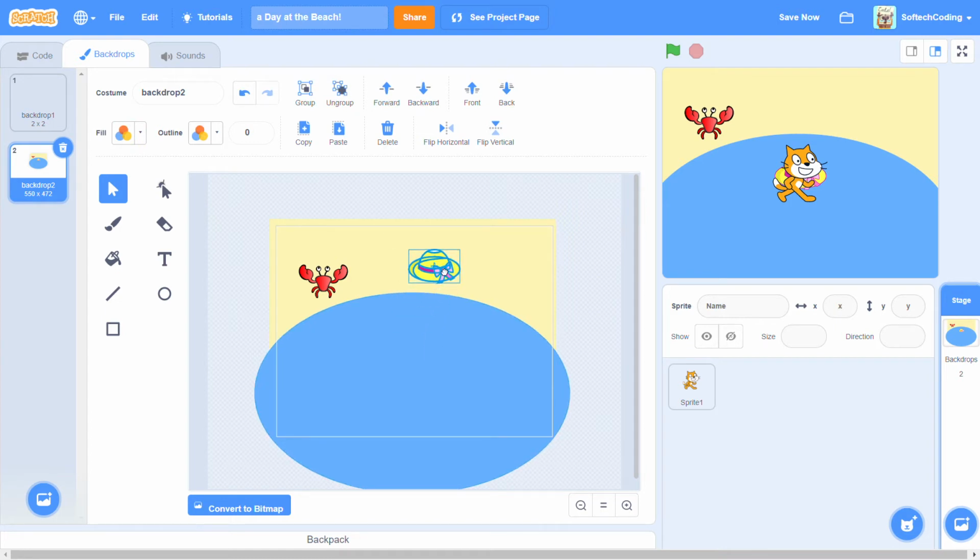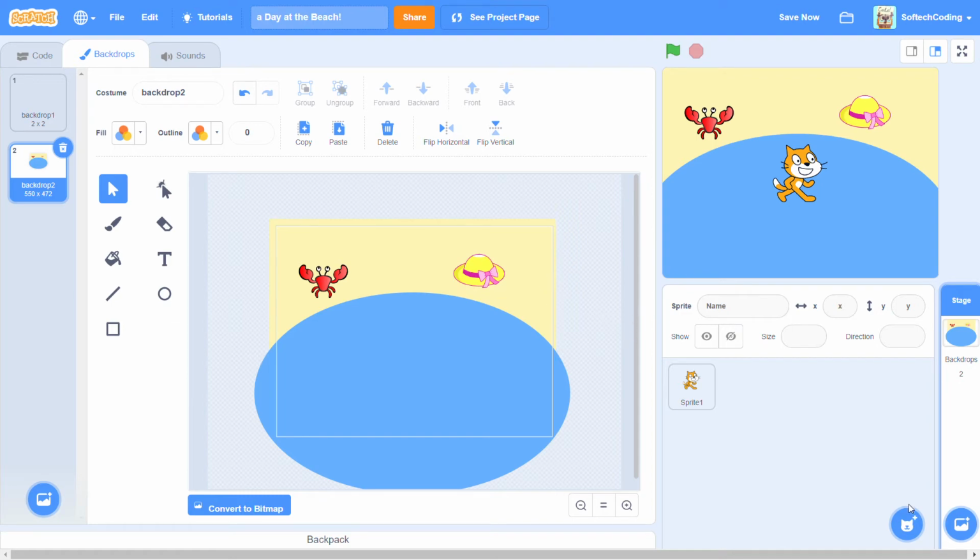Now something else you can do before you click away is group it. This way, when you pull away one part, it pulls the whole hat. But because we didn't group the crab, it just moves the hand. So this way, you can change the border, you can change everything of this hat, but you couldn't change everything of the crab altogether because it's not going to work that way. Okay, so maybe someone forgot their hat at the beach, so we can just put the hat there, and we can